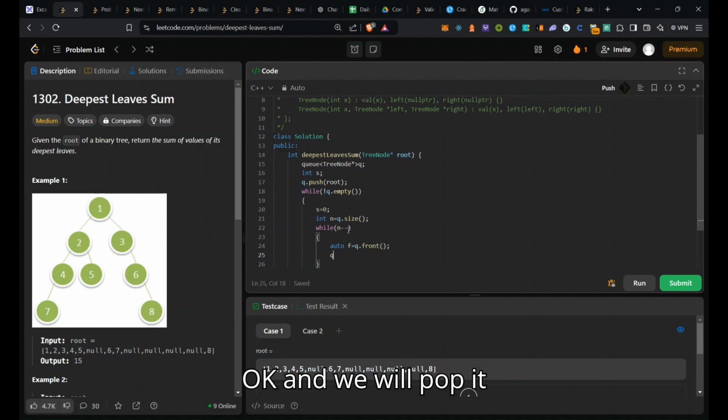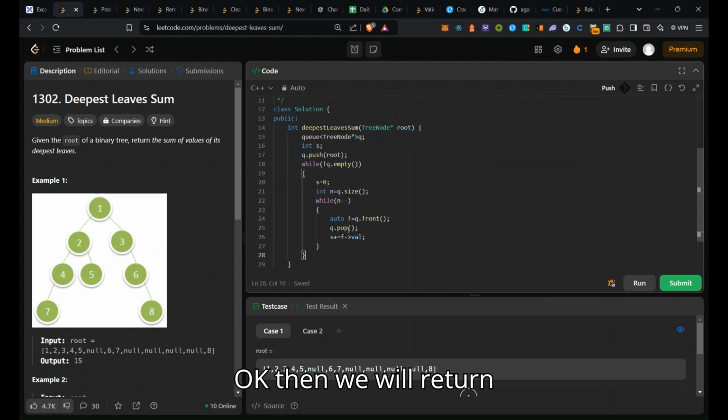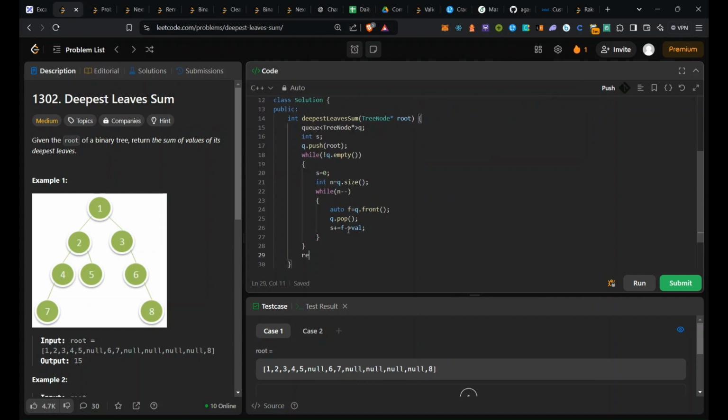Okay, and we'll pop it and s plus equals to f value. Okay, then we will return s